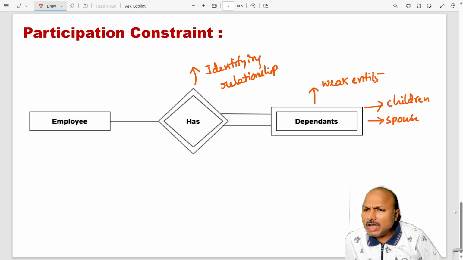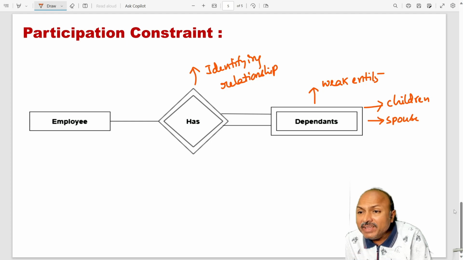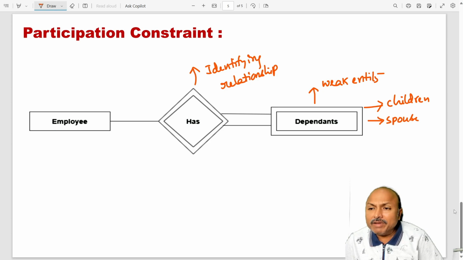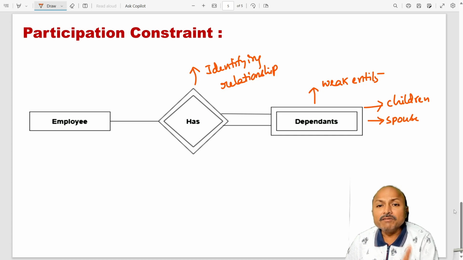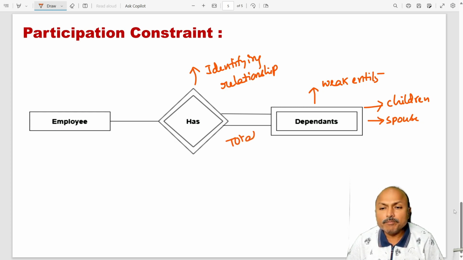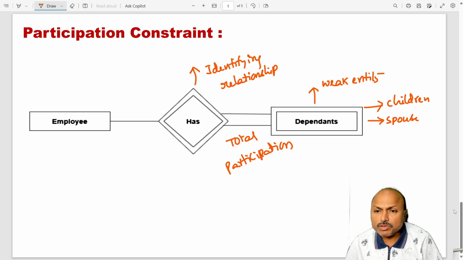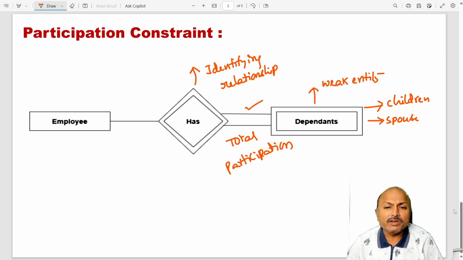Dependents may be children or spouse, but a weak entity has no primary key. That means the entities in the weak entity are not uniquely identified. So in that case, dependents must be identified with employees only. That's why a weak entity always has total participation. Here you understood that the double line is meant for total participation, whereas the single line is meant for partial participation. This is all about